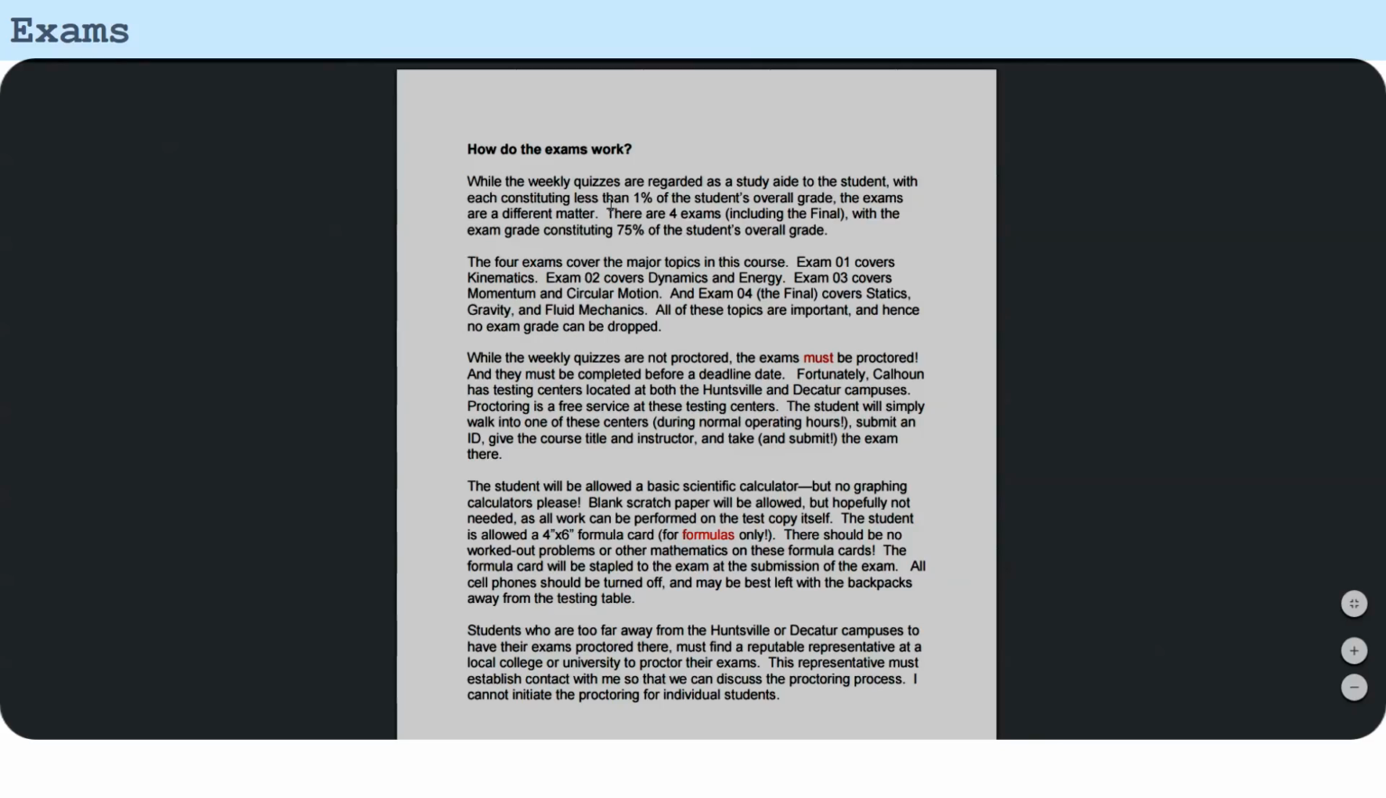Seventy-five percent of your overall grade will be the 4 exams, compared to the quizzes, where each quiz is actually slightly less than 1%. So the exams are a big chunk of your overall grade. You have to be able to work out problems on paper and do that in a reasonable amount of time to pass this course. While the weekly quizzes are not proctored, in other words, there's no one monitoring what you do late on Sunday night,